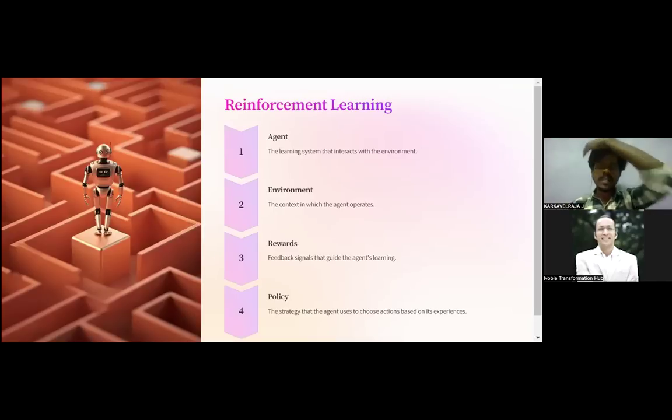Once that is done, we create a policy, so that whenever the agent gets punishments, it will try not to repeat them and will go to the end goal. That is called a policy. By using everything, it creates a policy to reach the final goal. I hope I was able to explain this using a game.